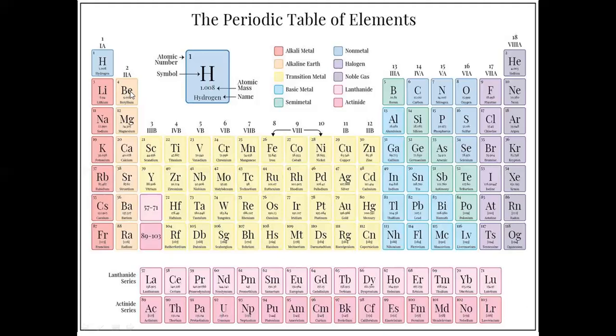Similarly for beryllium, 2 in the first orbit, 2 in the second, means it needs 6 more electrons. It is difficult to get 6 more electrons. So it is ready to give out those 2 electrons and becomes a cation. Same thing with boron. Instead of trying to get 5 electrons, it is ready to donate 3 electrons to become a cation, and it is oxidized.